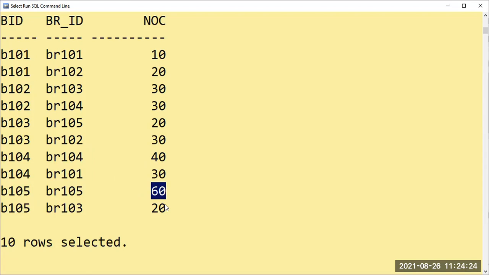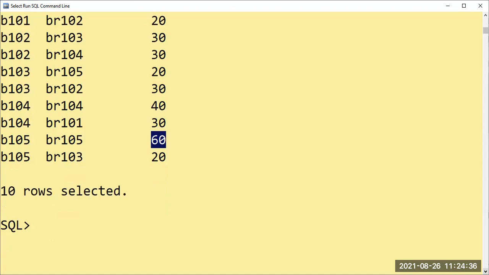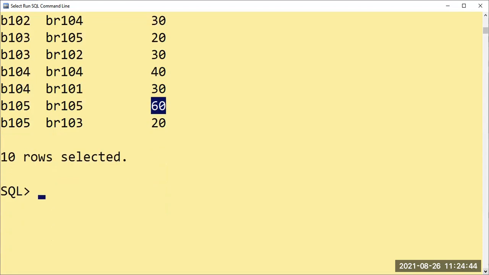Now coming to finding the matching columns. In the book copies table and in the book table, what is the common thing? Of course, it is BID. So let us see. And we are going to use the kind of aggregate function which is called sum. The sum aggregate function will work to calculate the total amount here. Okay, so we'll proceed to the query.